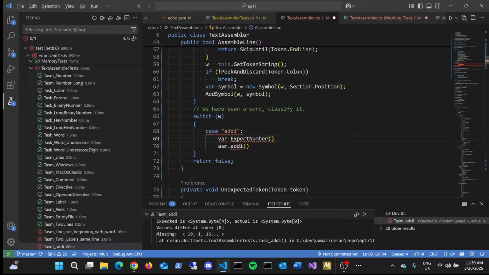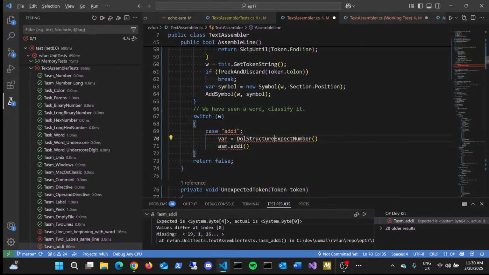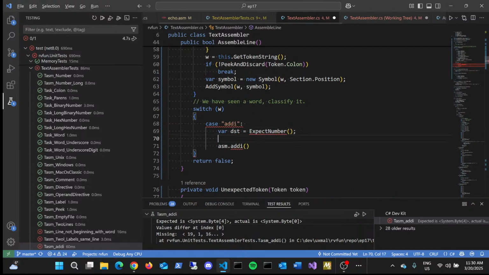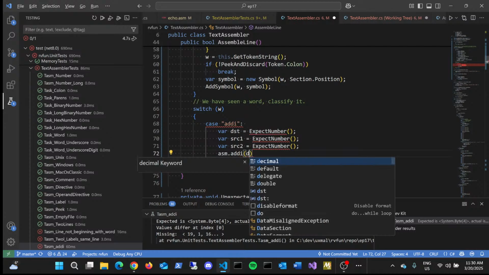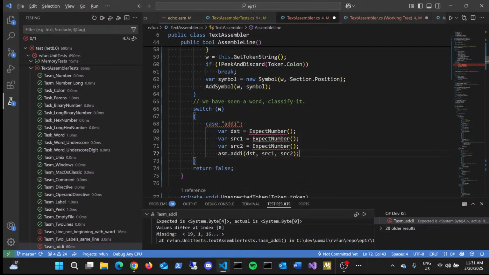So we'll expect number, and that will be the destination register. And then source 1 will also be a number, and source 2 will similarly be a third number. And with those three numbers, we can now call add I, passing in dest, source 1 and source 2,